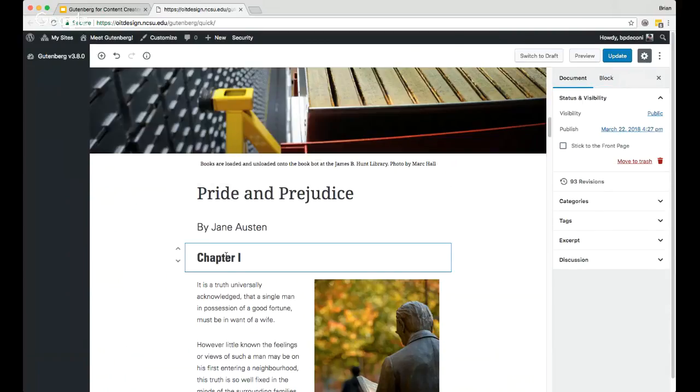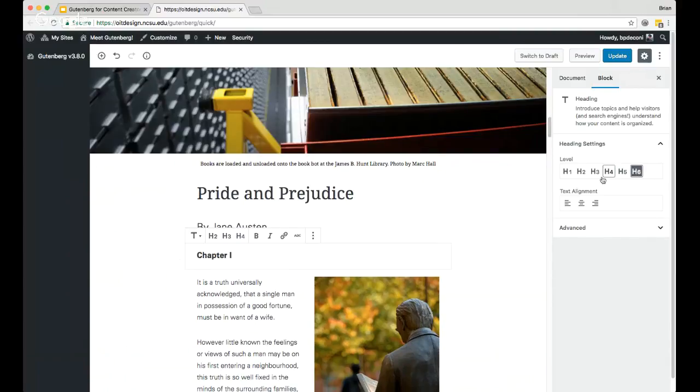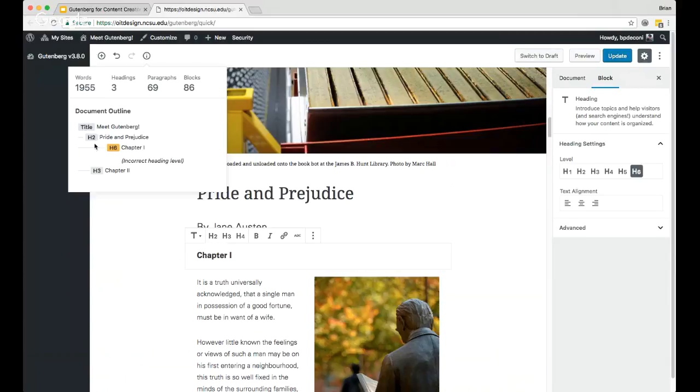So what happens if I do skip my heading level and do something that's a bad accessibility practice? So I'll go ahead over here to the right-hand side and turn my heading 3 into a heading 6. You see that stylistically it's different, but also this changes the structure of the web page for somebody who's using assistive technology. And now when I go up to my content structure, it will highlight this heading and tell me this looks like an incorrect heading level. So this is a good check for you to be able to make sure you're doing right by all of your users,